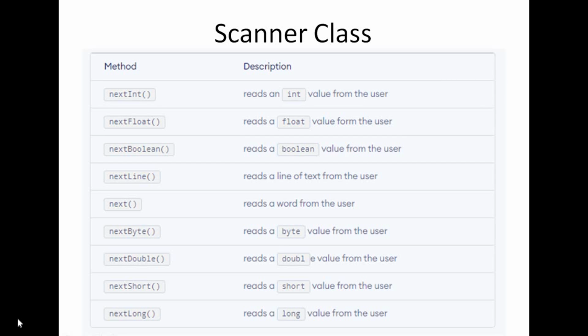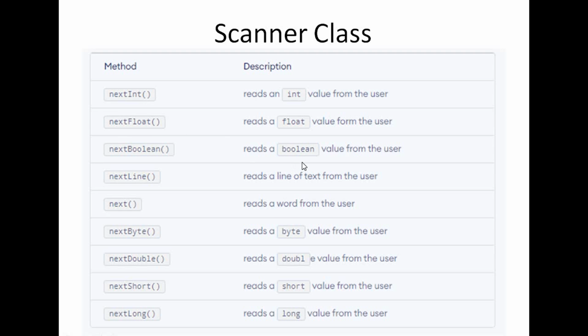After we create the object for the Scanner class, if we want to give data into the program from the user, we have to use these methods. Suppose I want to read an integer value, then I have to use the method nextInt, where here I is capital. If I want to read a float, or give a floating point number as input, then I have to use nextFloat.